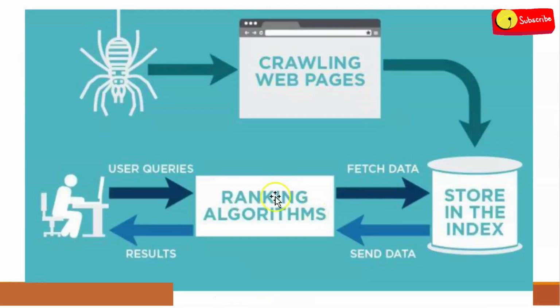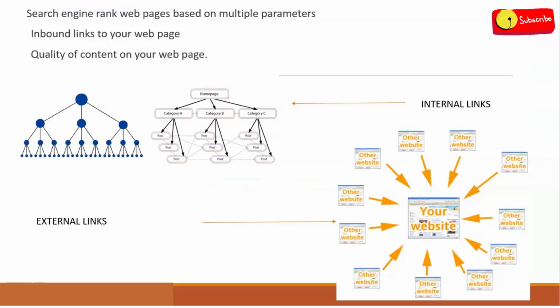All this is happening: first Google crawls web pages, then it stores your web pages in the index, and if any user sitting here makes a query, then on the basis of indexing and the ranking algorithm, Google fetches that data from here and displays it on the screen. This is all happening on Google, and this is the basic algorithm of how your search engine works, and the query which you put on Google is displayed on your SERP.